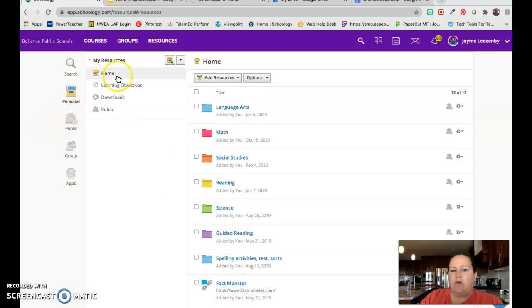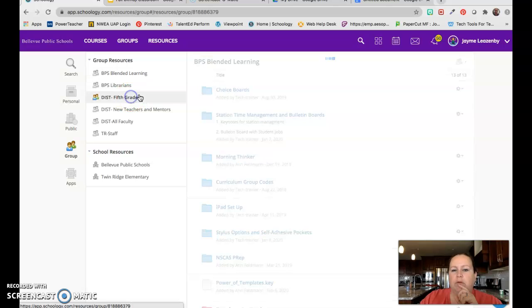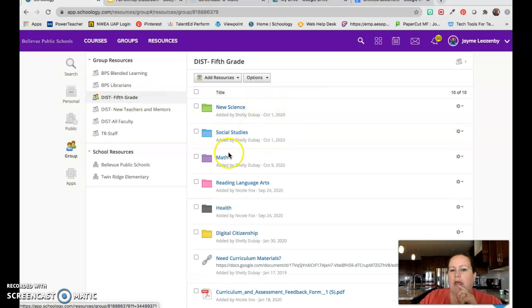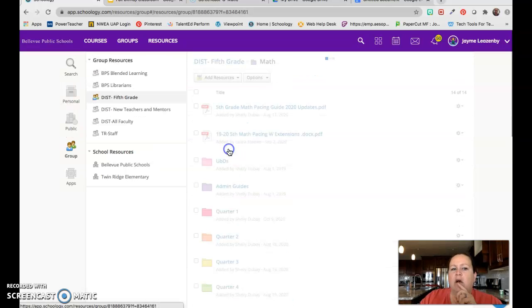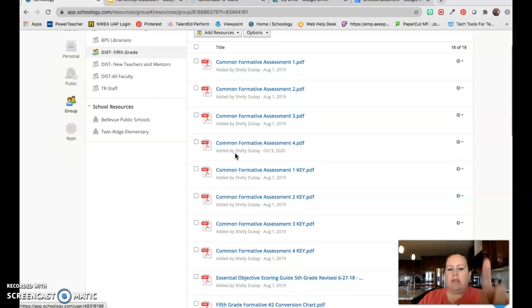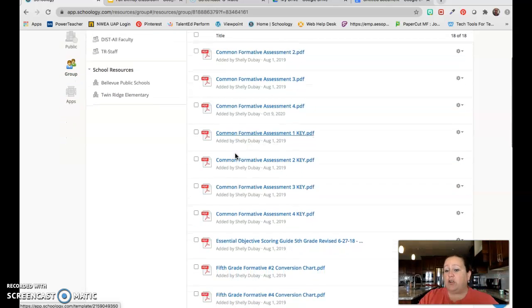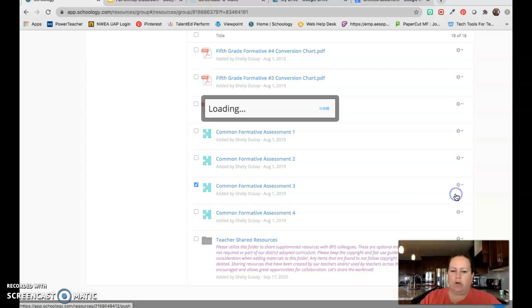The district also has a file cabinet. So I'm going to use group because I belong to the 5th grade group. And I'm going to find the resources that they have there. All of us belong to our grade level group. In the PDFs, it'll just transfer it over like a PDF, but I want the actual one that will grade it for me. It's going to be the puzzle piece, and I want to add to course,